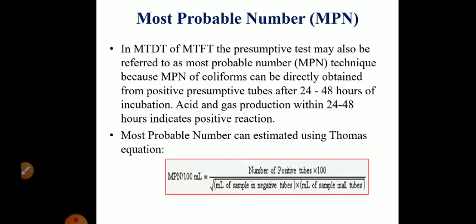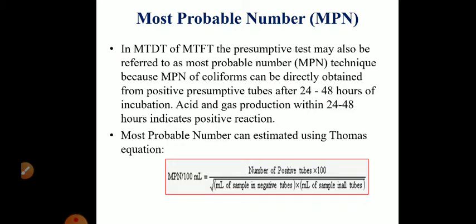Now, yesterday we discussed that in the presumptive test, we take 15 tubes divided into 3 sets, each set containing 5 tubes, right? So, after inoculation and incubation, we have to check for acid and gas production. How many tubes in the first set, how many tubes in the second set and how many tubes in the third set show a positive reaction, that means show acid and gas production. Once you come to know how many tubes show acid and gas production, we can calculate the most probable number of coliforms, okay, by looking at the positive tubes.